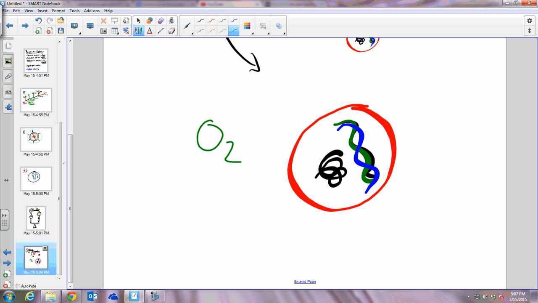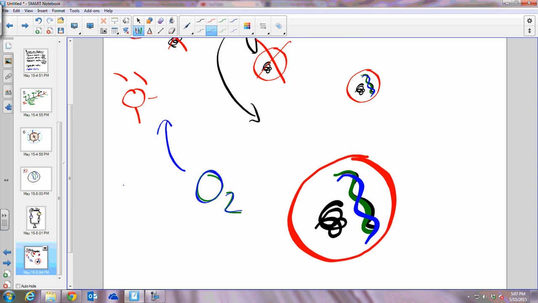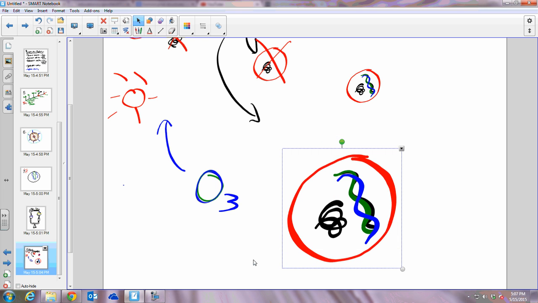O2. So O2 is escaping into the atmosphere little by little, and as that O2 goes up towards the sun, the red sun, it's going to be reacted, and it's going to create a new product called O3, or ozone. And that ozone is going to be a protective layer around the Earth, protecting these new little cells, and they're eventually going to be able to come up to the surface. And those that come up to the surface, of some of those, variation exists, and some of them are able to actually use oxygen. And so from those first oxygen breathers,